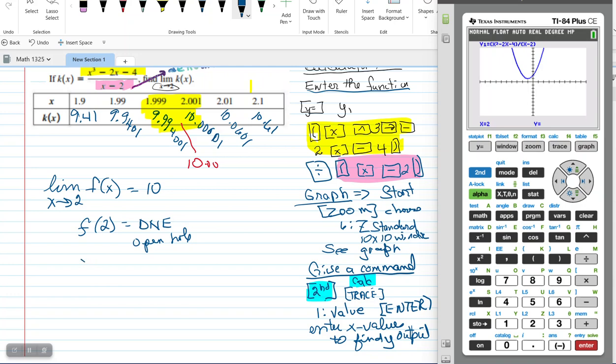So if I have f of x equals x cubed minus 2x minus 4 over x minus 2,